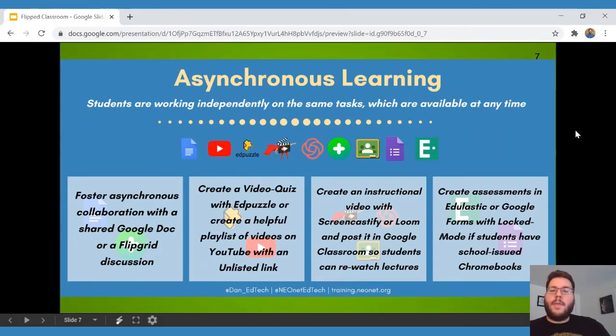Just because they're not right next to each other live, or even in the same Zoom room or Google Meet room at the same time, they can still do collaboration at different times. They can still leave messages for each other and still collaborate, even if they're not talking to each other live at the same time. Then, of course, you can do things like video quizzes with Edpuzzle,